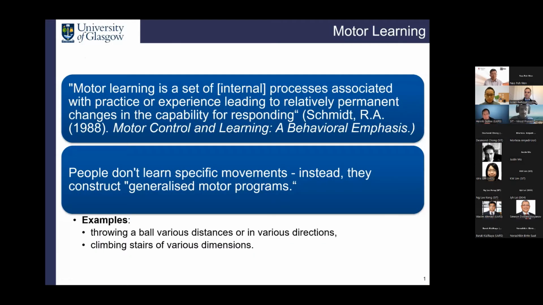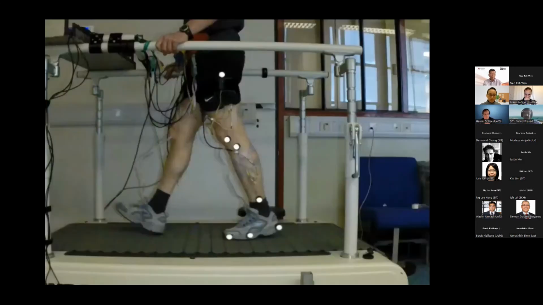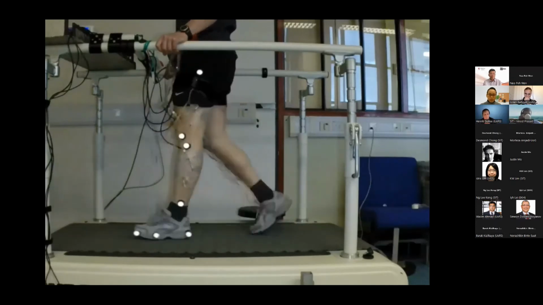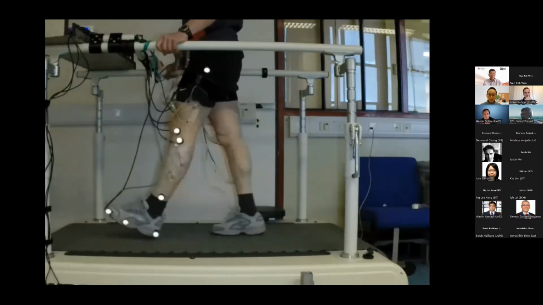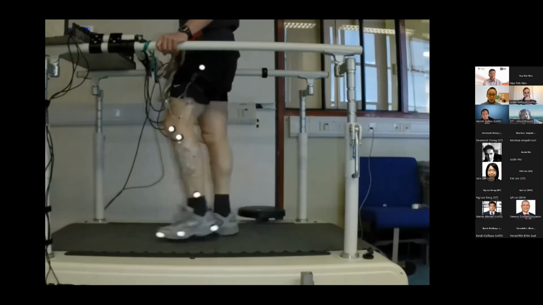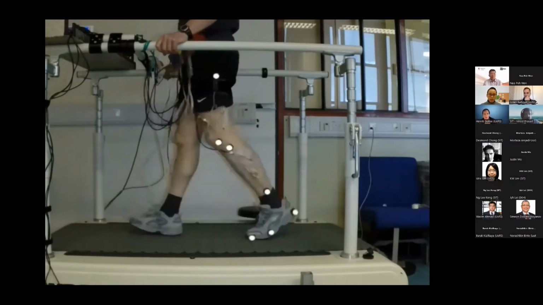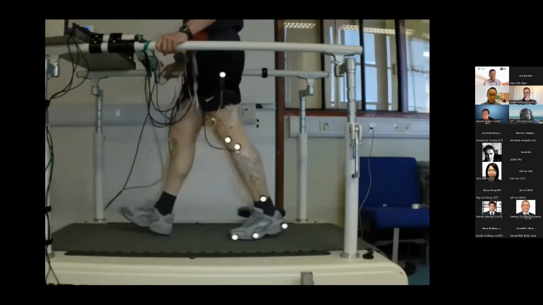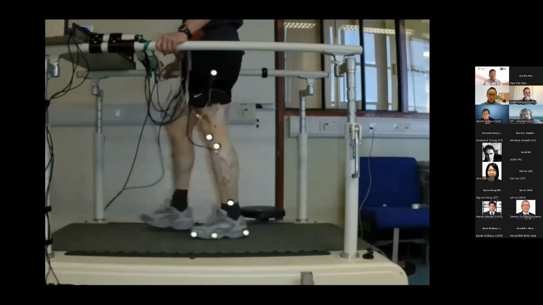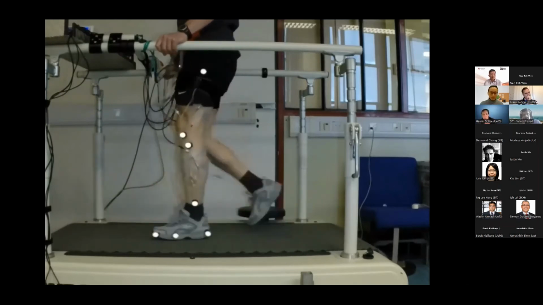Now, motor learning as such is a set of processes which lead to a permanent change in the capability for responding. But if we learn a movement, we don't just learn a specific movement, we learn something more generic than that. If we look at somebody walking, we can walk at different cadences, we can walk with different speeds and so on. That's in principle quite well understood, but there are a number of open questions which are still not really explained and not really understood very well. For example,